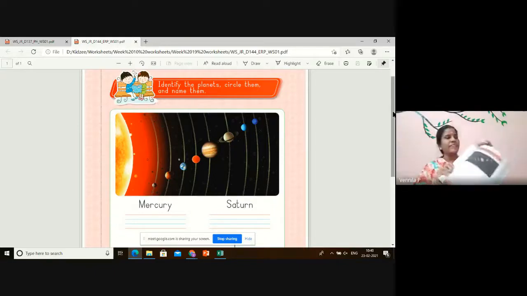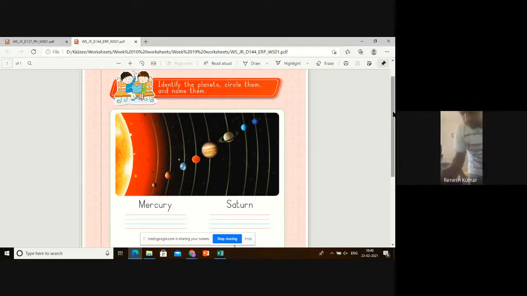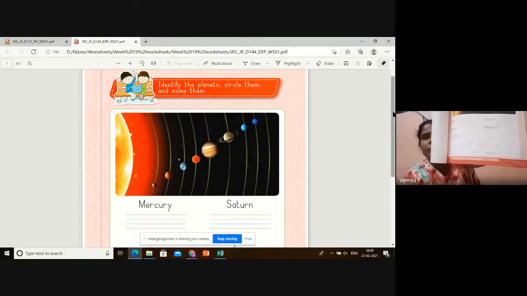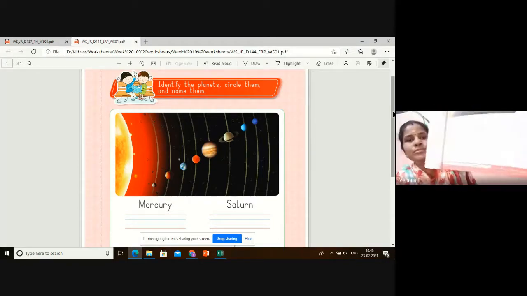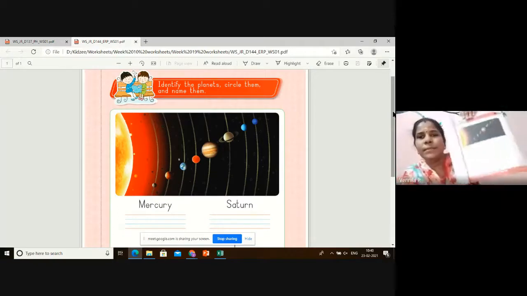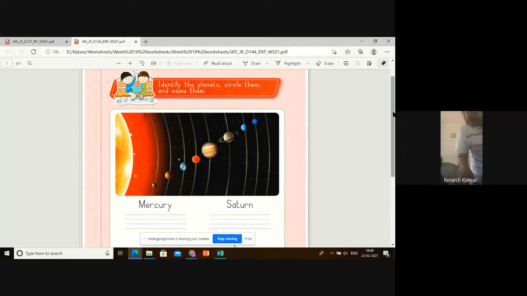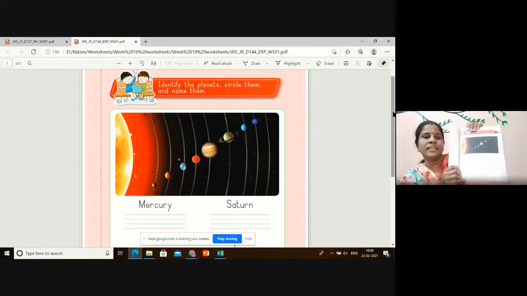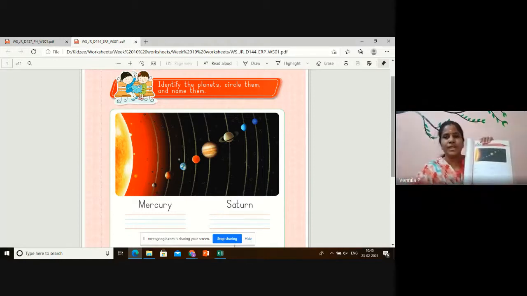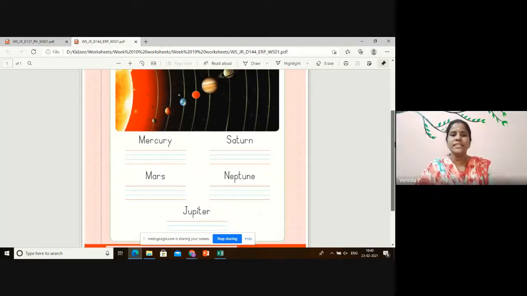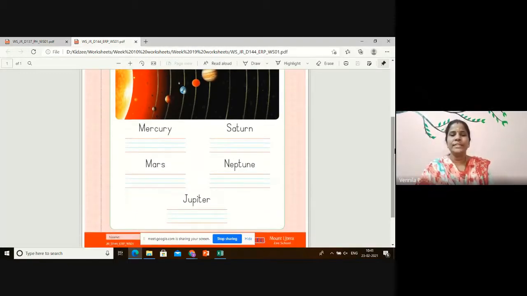Some of you will have only this, and a few of you will have words given below: red, rings, blue, smallest, biggest, and all. But in some of the worksheets, these words will be missing. You are going to take and write it here, so no issues. I'll tell you what to write. The sheet which is uploaded is different. Here I too don't have that, but in the workbook I have all those words. So those who have the words, you utilize it. Others, look at the screen and write. Write today's name, children. Write today's date.